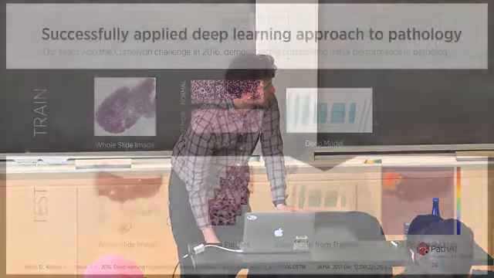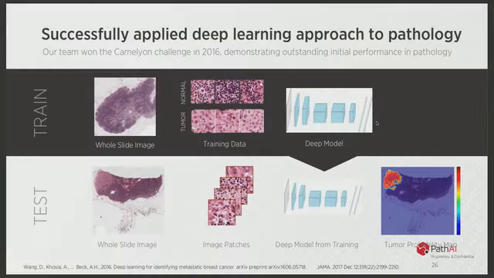And that's the basic approach. We get the big whole slide images. We figure out how to sample patches from the different regions to optimize performance of the model during training time. Then during testing time, we take a big whole slide image, break it into millions of little patches, and send each patch individually. You could potentially use spatial information about how close they are to each other, which would make the process less efficient. We don't do that. We just send them in individually and then visualize the output as a heat map.